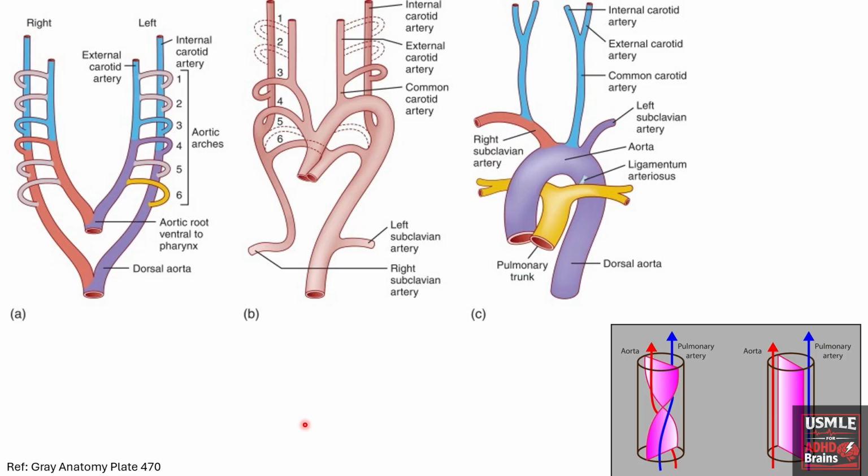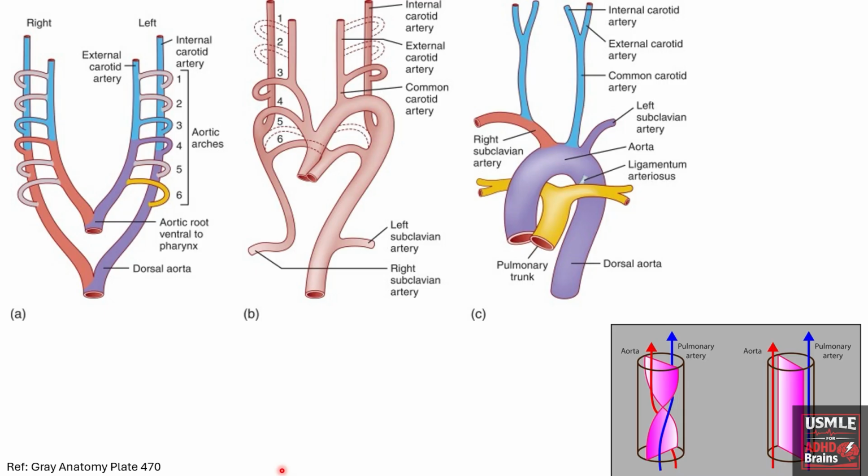Outflow tract formation depends on migration of neural crest cells into the truncal and bulbar ridges. These ridges grow and fuse to form the aorticopulmonary septum, which divides the single outflow tract into the ascending aorta and pulmonary trunk. This septum also follows a spiral course, which is why the great vessels normally cross as they leave the heart. The important point is that normal separation of the outflow tract requires both proper septation and proper